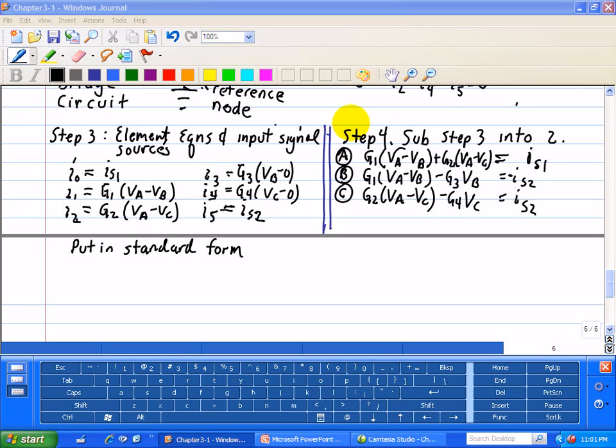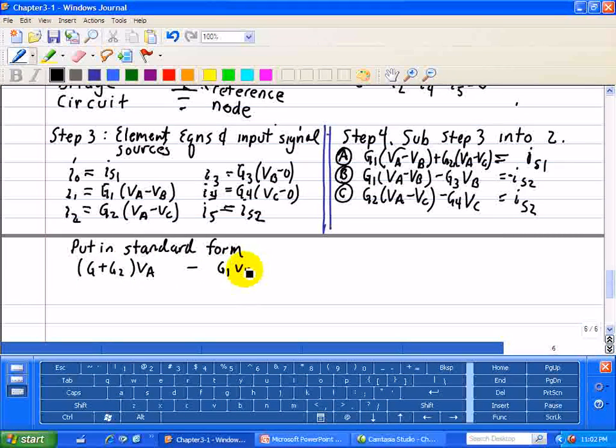So we'll collect at node A: G1 plus G2 times VA, minus G1 VB, minus G2 VC, equal to